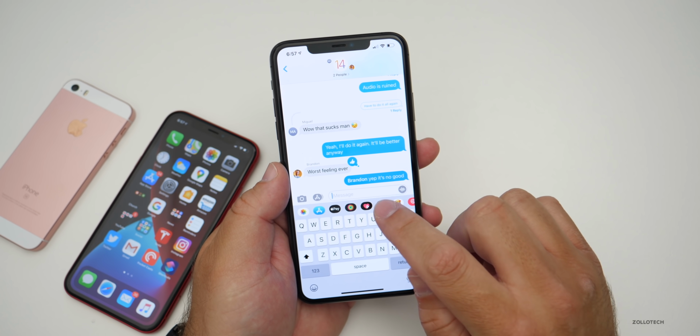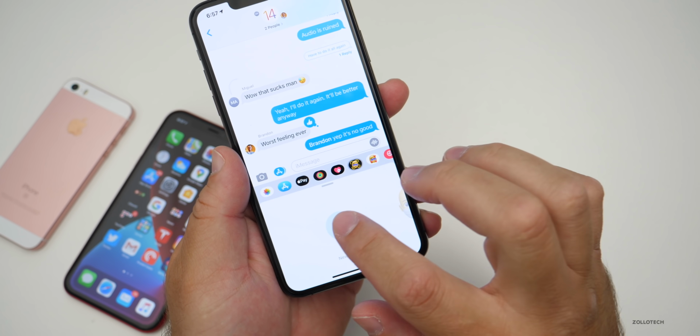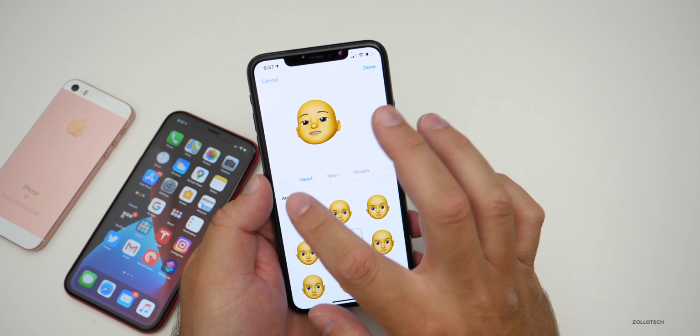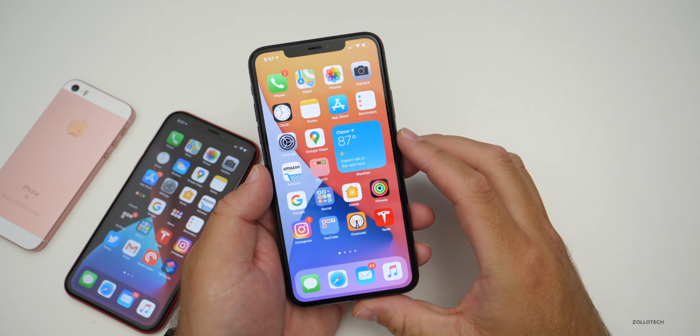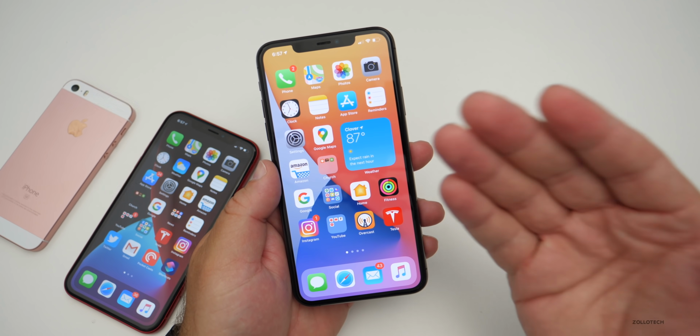Now within here, they've added 20 new Memoji as well, including a face mask and some updates to all sorts of things. So everything from hairstyles to nose, the mask, everything else. This continues to be updated with more and more information. So maybe you want to customize it however you feel. You can do that now.